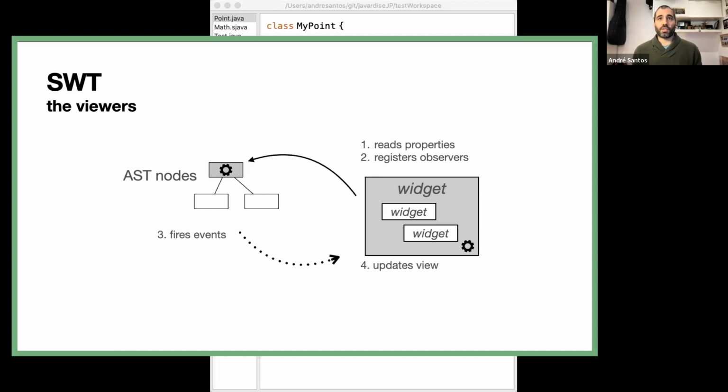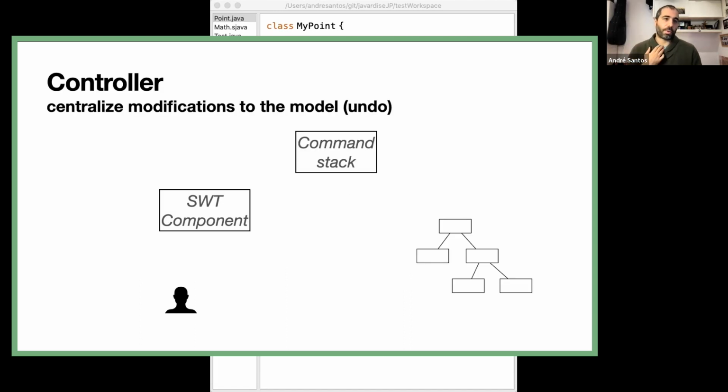One important thing is that widgets should not modify the AST directly, as in many cases when we do MVC: model, views, and of course we need the controller. In this kind of application, the controller of the code editor is mostly to centralize the command stack so that you can have undo, which is essential in this kind of